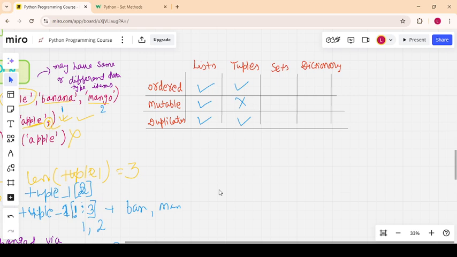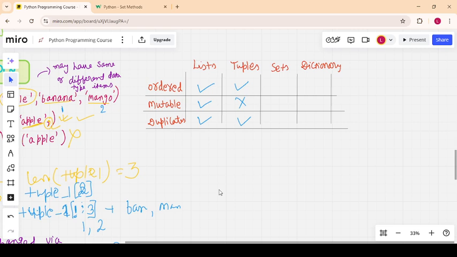Same for a tuple, order is maintained. Items in a list can be changed, but in the case of a tuple we cannot change them. But in yesterday's class, we did it by converting the tuple into a list, performing the desired operation, and converting it back into a tuple. In both list and tuple, duplicates are allowed.